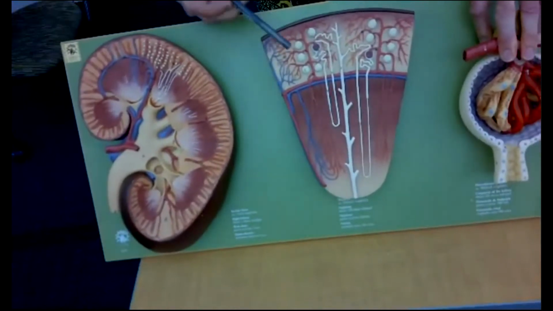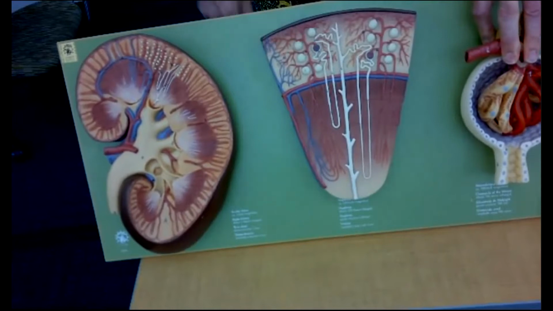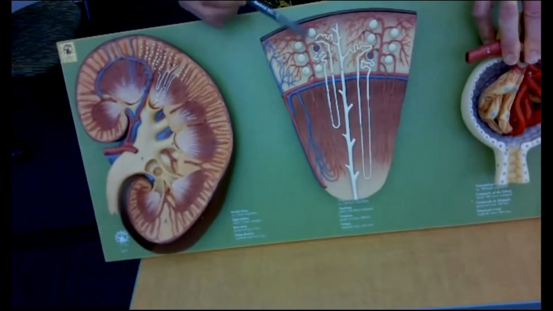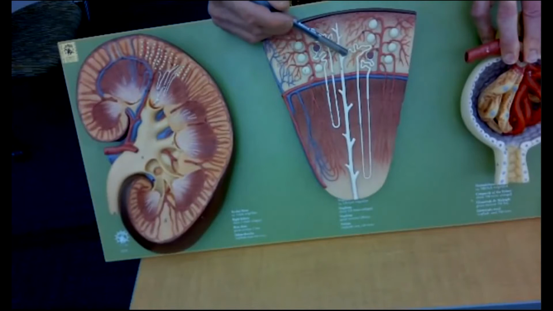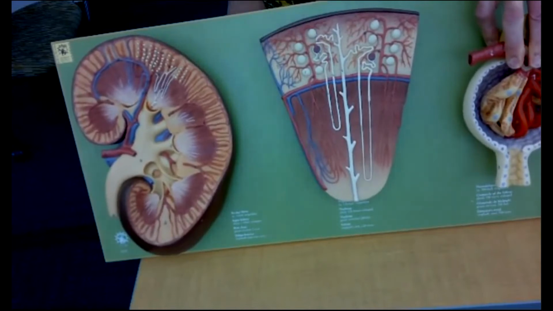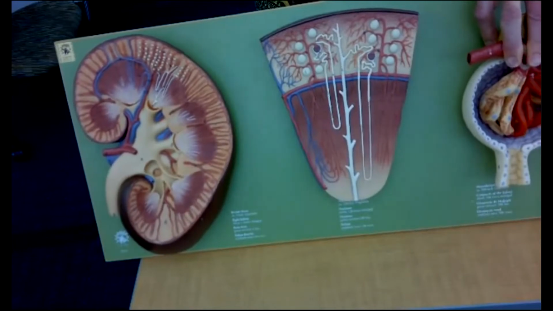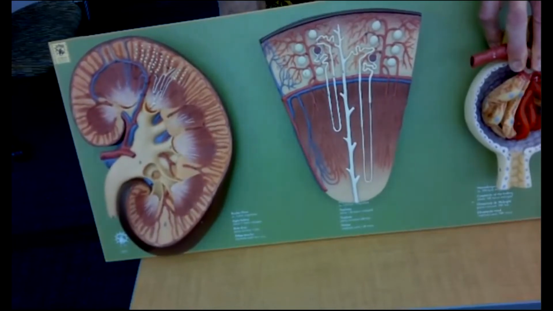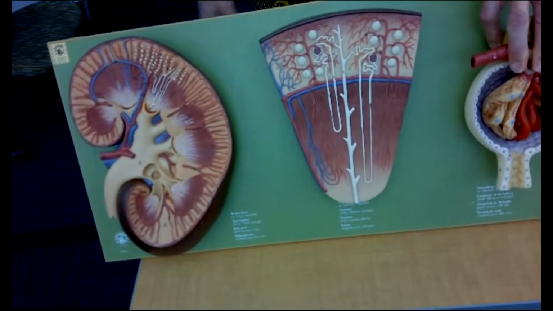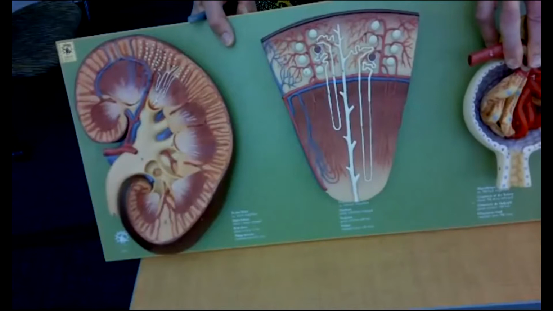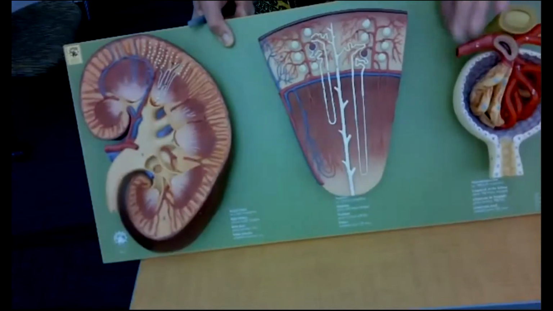Okay, the afferent arteriole brings blood into the corpuscle. It breaks up into capillaries called the glomerular capillaries. Those glomerular capillaries coalesce into an efferent arteriole that goes out and breaks up into a second set of capillaries. This is a portal system. And strangely enough, the efferent arteriole is called an arteriole, not a portal vein, although I'm not sure why that is. In other portal systems, it's called a portal vein. But anyway,